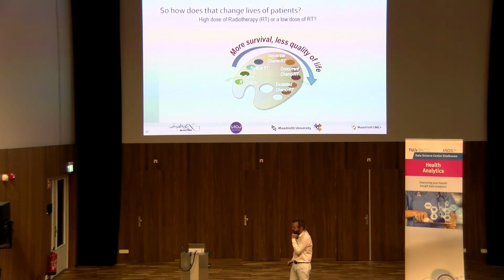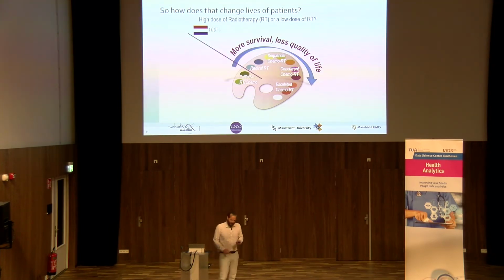And if you have lung cancer, there's this palette of treatments that you can choose. So there's palliative radiotherapy, so that's a low dose. It's not meant to cure you. It's just meant to relieve you of the symptoms. And then you have radicals, so high-dose radiotherapy, and you can combine it with chemotherapy, and you can escalate. What this means is when you go around this circle, the therapy becomes more and more aggressive. Your chances of survival go up, but your chance of toxicity as well. So it's a balance. There's no perfect thing. It is a balance between survival and quality of life.